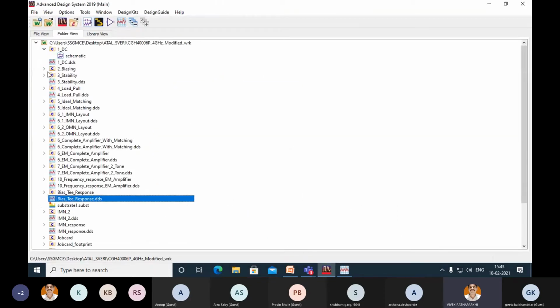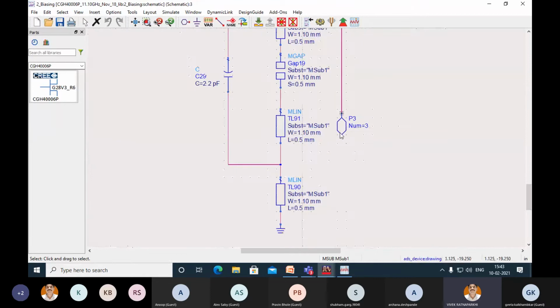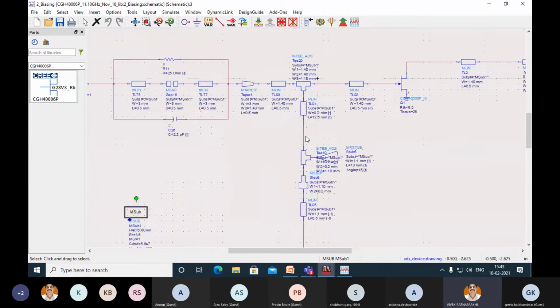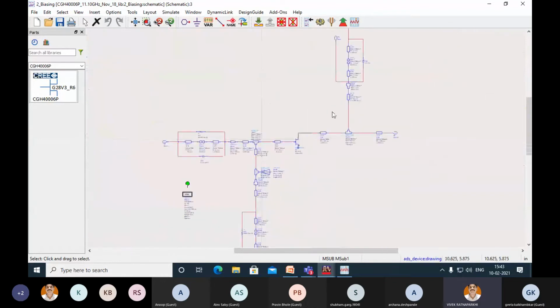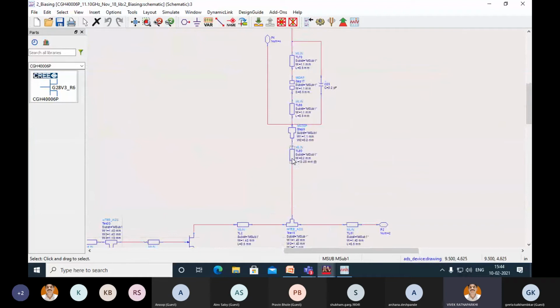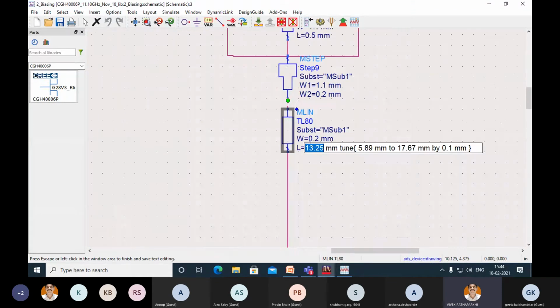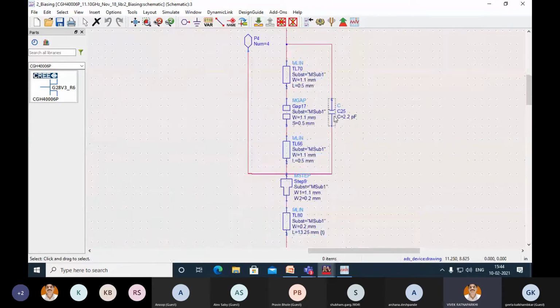Once you have designed the bias T, now coming back to the schematic, you can see this is my same T. I have just replaced it with a port because I just wanted to generate the symbol. Other things are almost the same, nothing has changed. And this is the gate bias T. This thing we have discussed. Similarly, I have created a drain bias T. The only difference is that I have used a lambda by 4 transmission line. The length is a little tuned to get a better response at that particular design frequency. And again, this is the bypass capacitor.